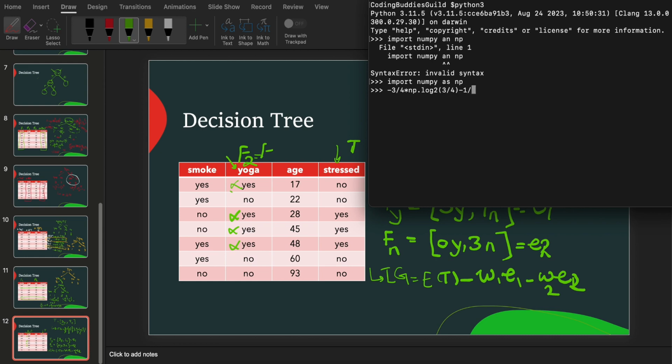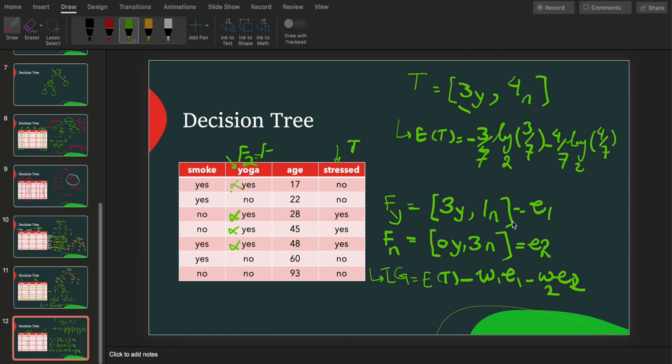Minus 1 over 4, because we only had 1 no, times numpy.log2 of 1 over 4. And you get 0.811, right? So for this one, E1, we'd actually calculated that, and we saw that it was